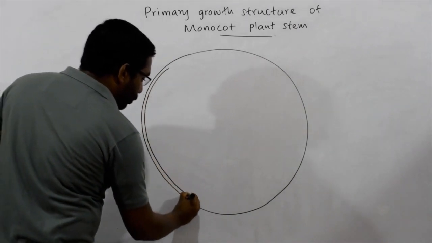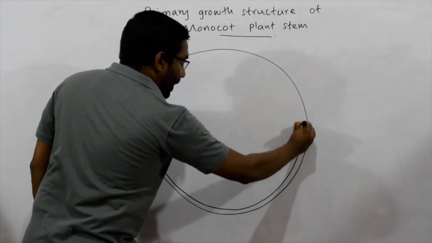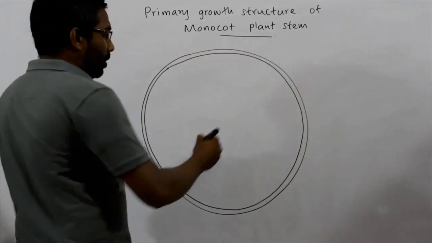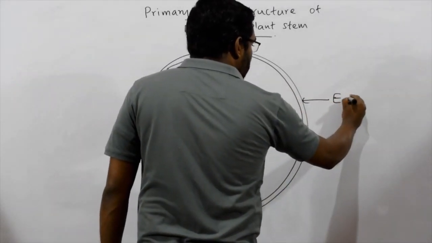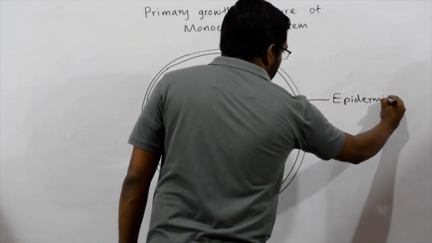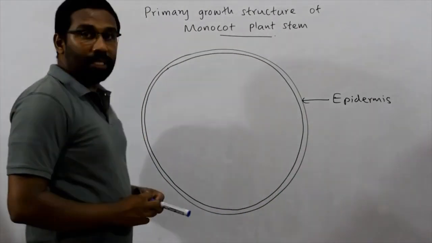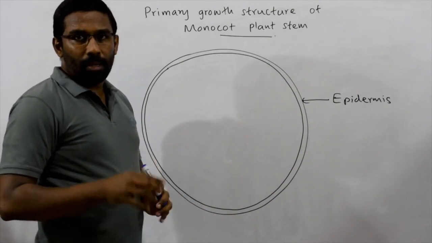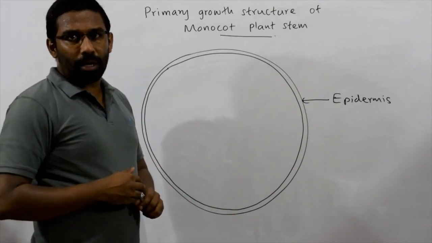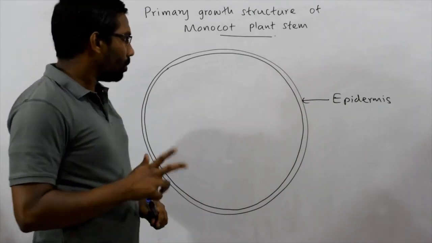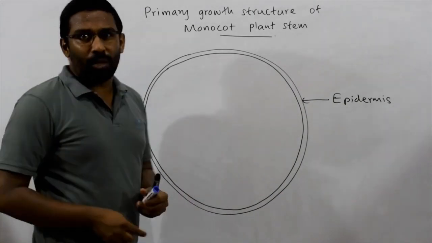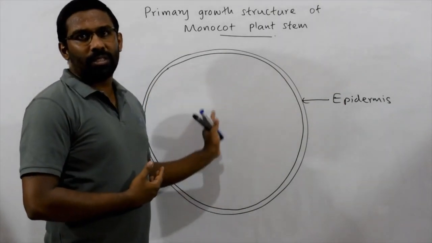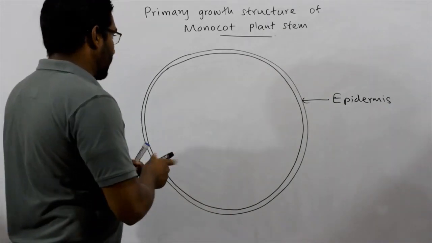As in the dicot stem, here also the outermost cellular layer is the epidermis. Imagine now I am drawing the epidermis. It's similar to the dicot stem. So this is the epidermis. As in the dicot stem, this also consists of a single cell layer of closely packed cells without intercellular spaces, no chloroplast, but there may be guard cells in stomata, and also there may be trichomes as well. Okay, then what's the general function of the epidermis? As in the dicot stem, here also it provides defense or protection to the inner parts of the stem. The epidermis doesn't possess chloroplast.